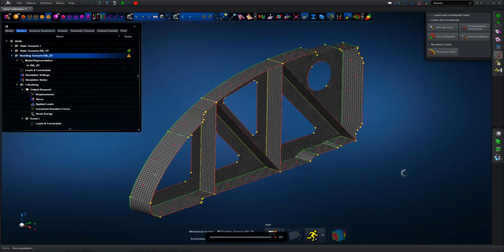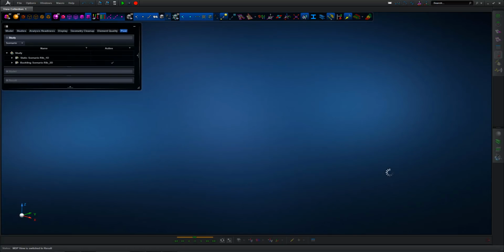Just while that's running, we can see in the bottom left hand corner all of the analysis updates that are going through. So again, this is pretty quick to do. It's not quite real time, but for a model of this level, you don't want to be getting into an external export and then solve just to understand if your model's been held together correctly. So this linear buckling analysis is now completed, and it runs through the eigenvalue extraction